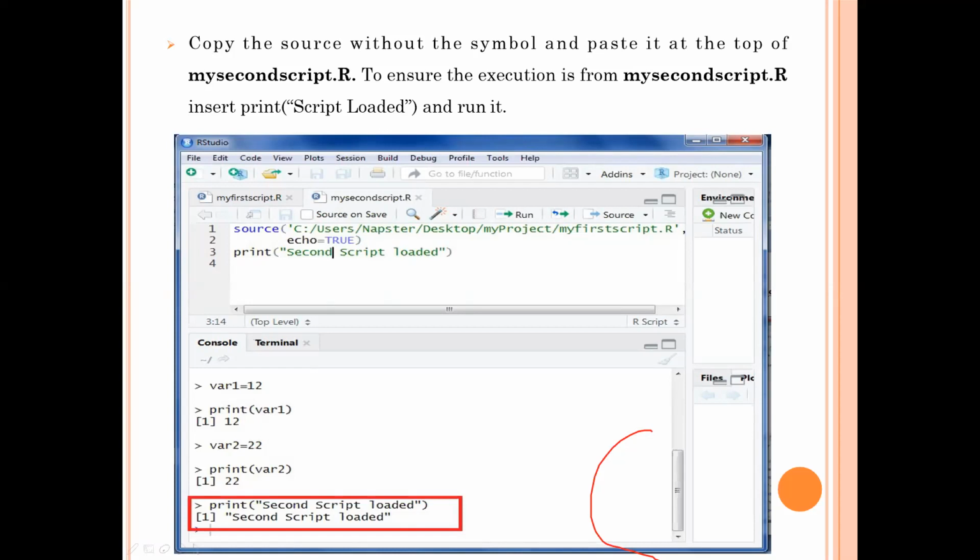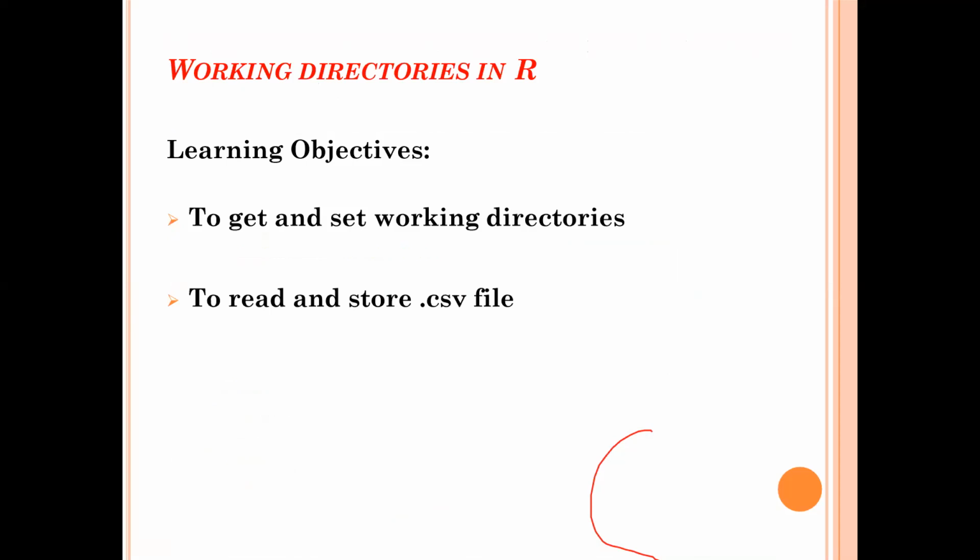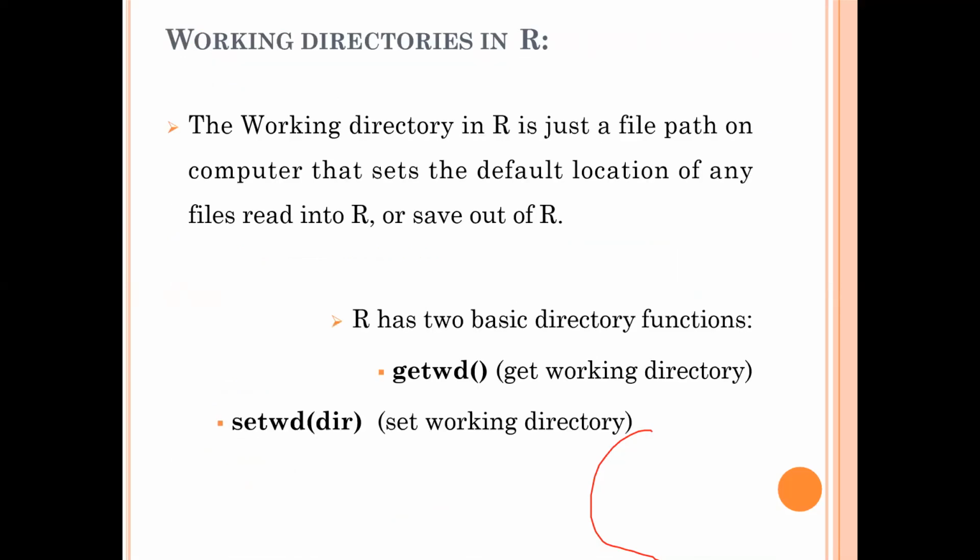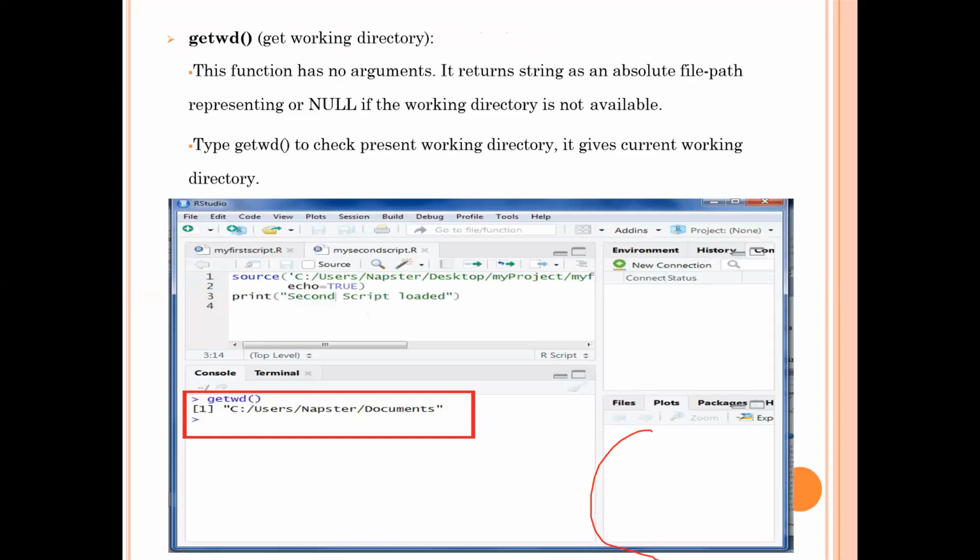Okay, so what is the working directory in R? The working directory in R is just a file path on the computer that sets the default location of a file. There are two basic functions: getwd, get working directory, and setwd, set working directory. With the help of these you can set the path. If you type get working directory, it will show you where exactly the R script has been saved. The function has no argument. It returns a single